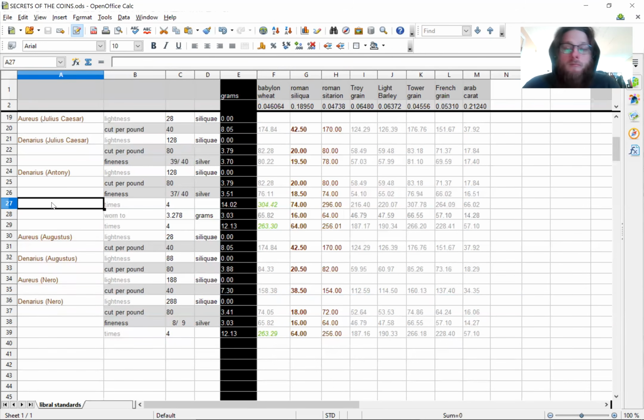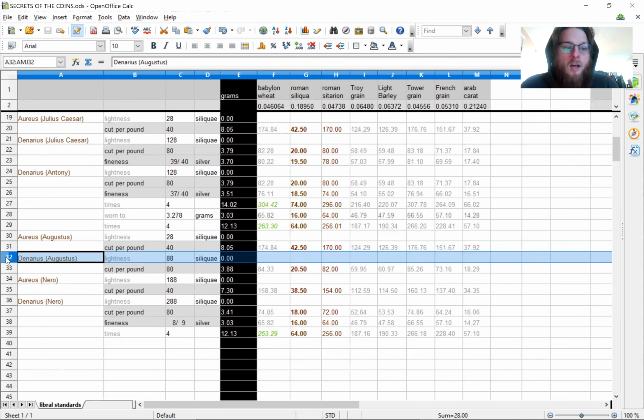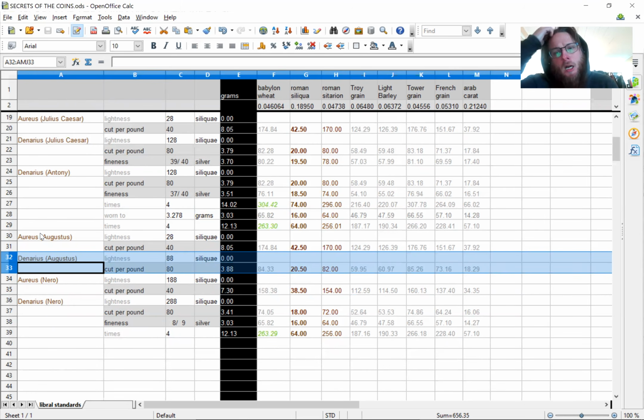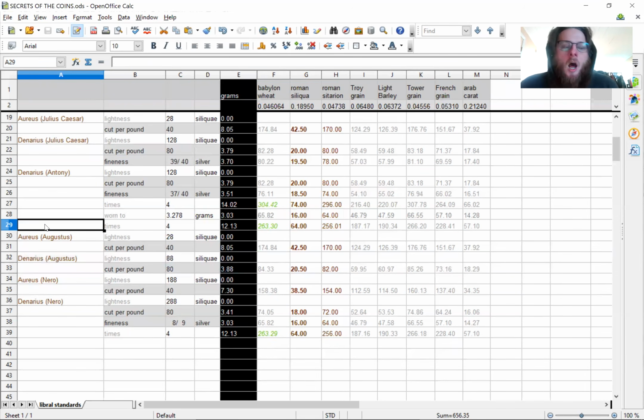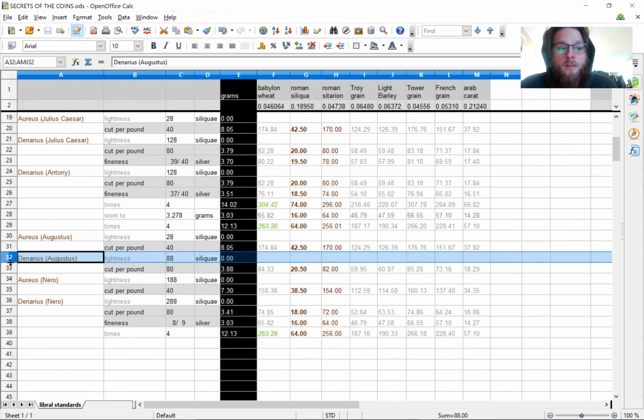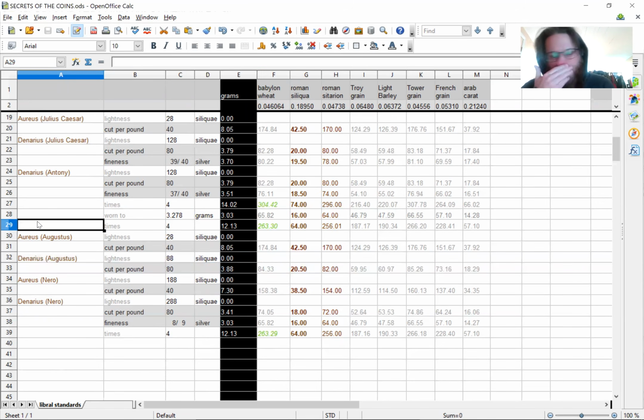Now, there are other Roman coins that were minted in between them, notably the coins of Augustus, and also coins that might have been minted under Augustus's successors, Tiberius, Caligula, and Claudius, who are the other emperors. They're not on here because they are mostly minting coins according to the standard of Augustus. So those are all Augustus standard denarii. These coins mostly didn't survive to the 2nd century AD. Why? Well, because they're good coins.